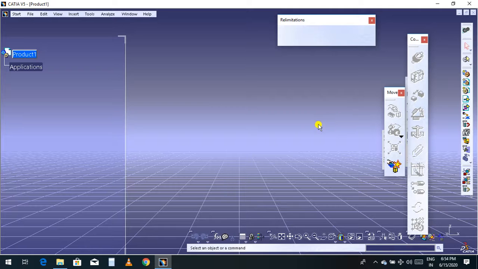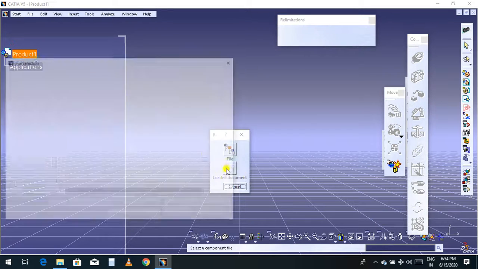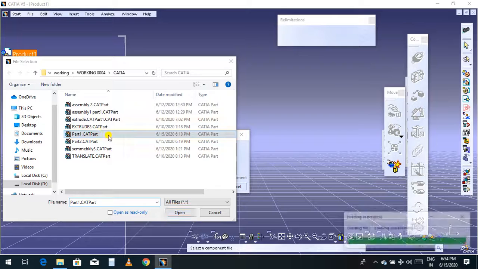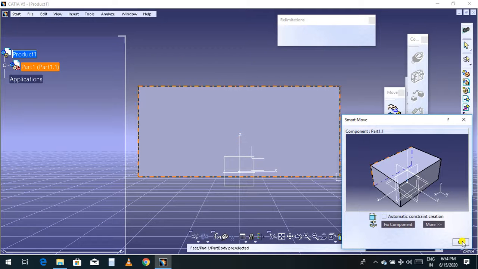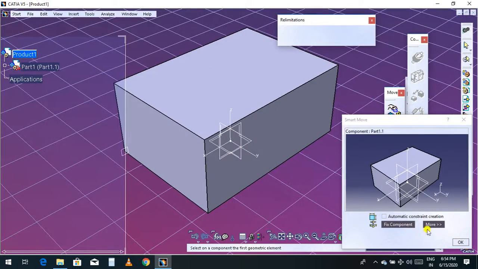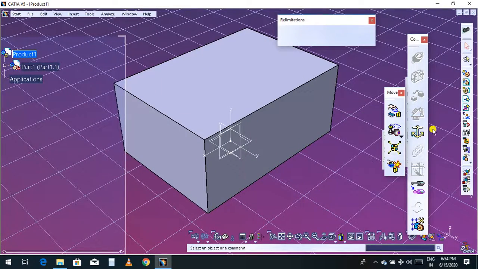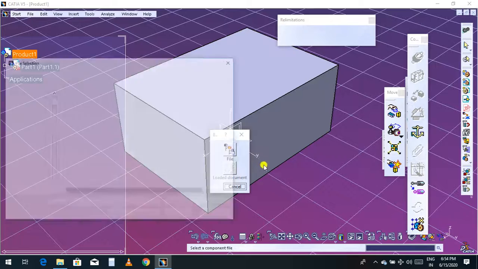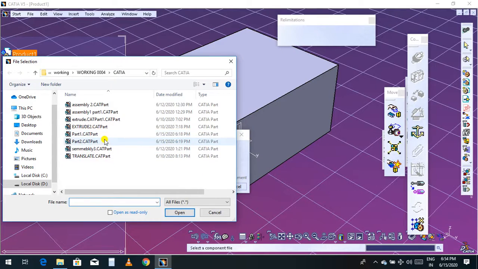I'll create some assembly. I'll use the existing component command. Go to Product, I'll select Part 1, isometric view. Okay, now go to existing component with position, Part 2.